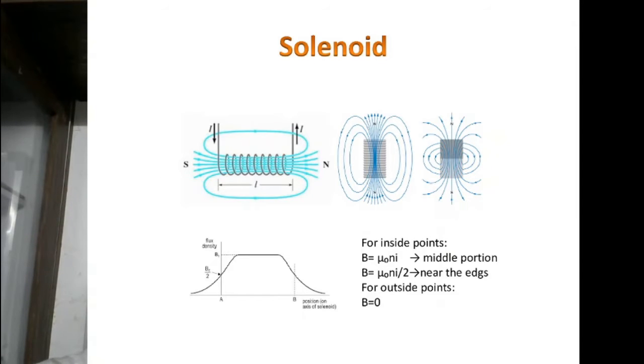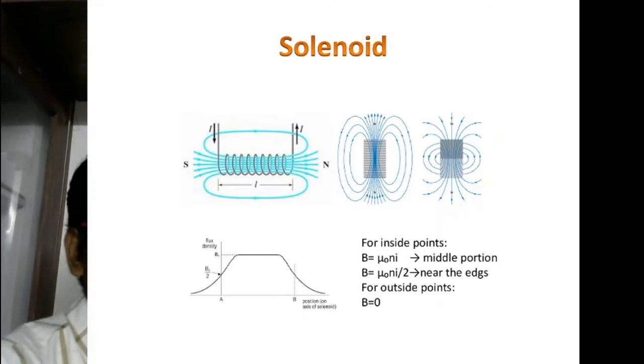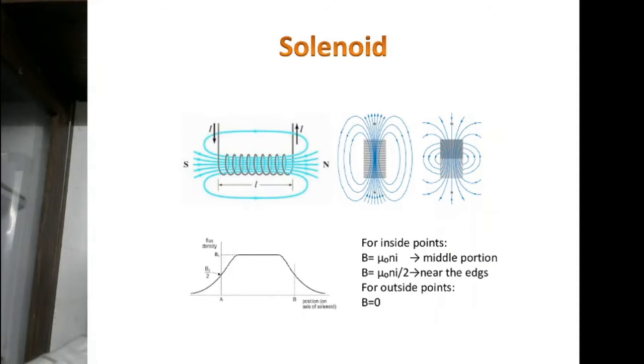You can see here, at the top corner, the solenoid and field lines as well. Current is entering at one end and leaving at the other end. On one edge you have an induced south pole, on the other end an induced north pole. Its length is L, but usually we imagine this L to be infinity. In the top right figure, the field pattern of a bar magnet as well as a solenoid are shown. You're seeing a similar pattern of field lines here.